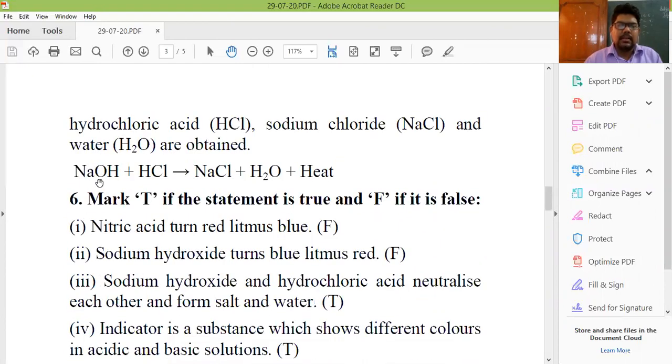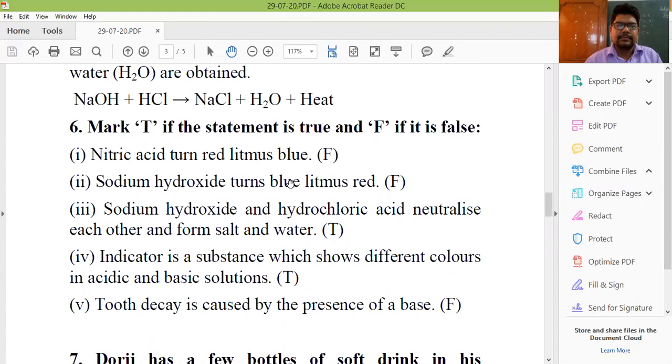See the reaction: NaOH plus HCl. Na reacts with Cl to make NaCl, sodium chloride, and H reacts with OH to make H2O, water, and